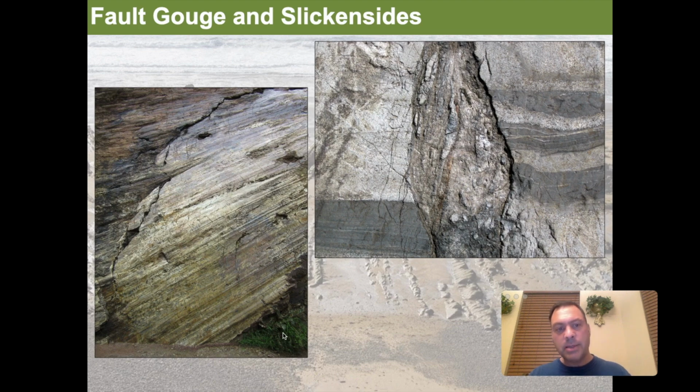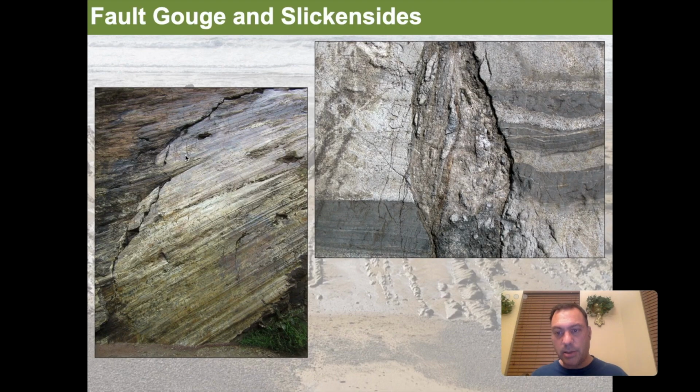Another thing that we'll see is that you might have one side of the fault somehow exposed as it's sliding through a mountain range or something like this, and so it leaves these grooves that we call slickensides. And so there's these slickensides right here, and that tells us the direction of the motion of the fault as well. So this is an incredible slickensided face where the rocks are sliding through and leaving grooves